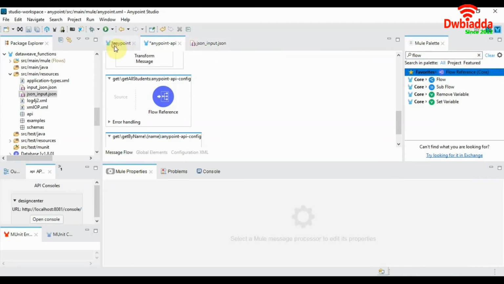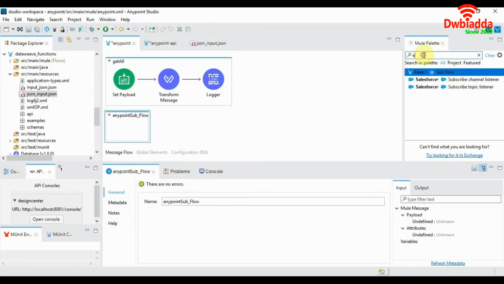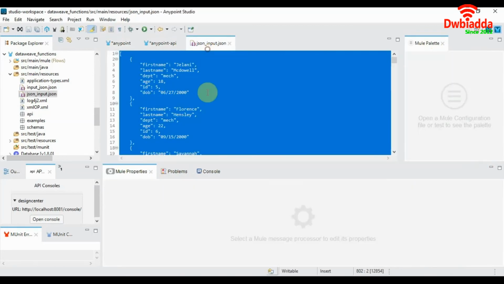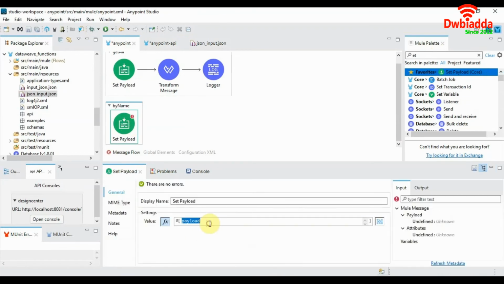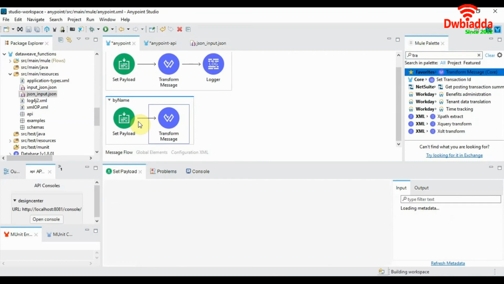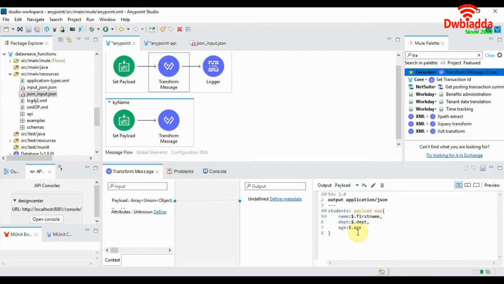Now let's create a subflow for get by name. We'll add a transform message here as well, but the transformation will be a little different since we're using a URI parameter to filter the incoming payload. So we'll copy the first transform message and paste it in a second transform message and make a few additions to it.